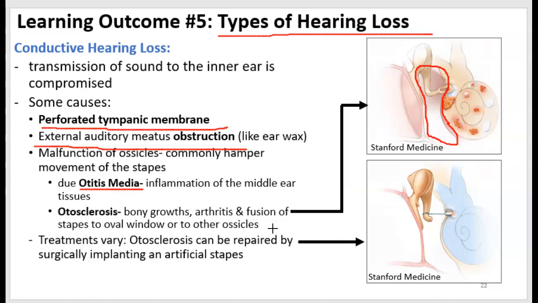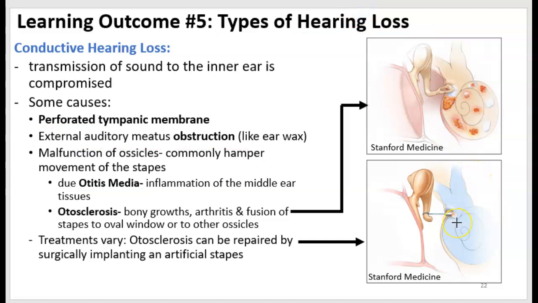Alternatively, if you have chronic inflammation, you can develop an arthritic condition where the auditory ossicles, as well as the cochlea, develop these bony outgrowths. They're shown here in like white. Okay. And what happens is this bone fuses the stapes to that oval window or vestibule, and so the stapes just can't move anymore. Now, this is treatable,